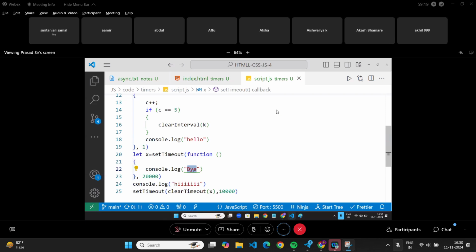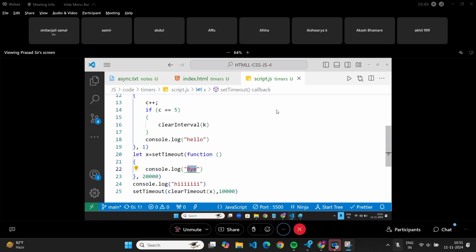Any doubt, sir? Are you all getting my point? Like a stopper, time stopper, alarm stopper, those kinds of things you can work on. Clear or not? Actually, the OTP example which I gave is one of the problems in LeetCode. In LeetCode's 30 Days of Challenge, you can try that.